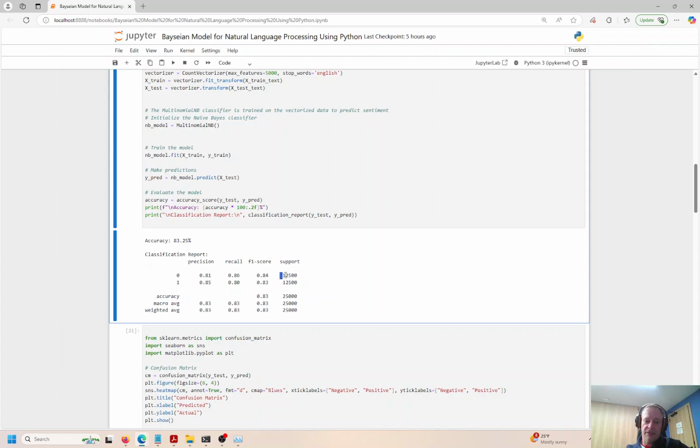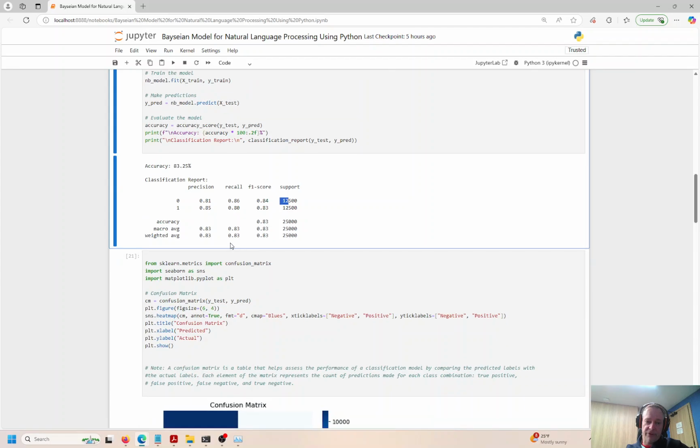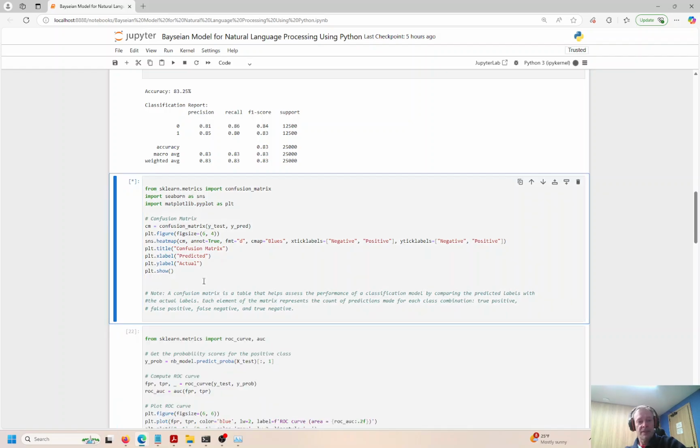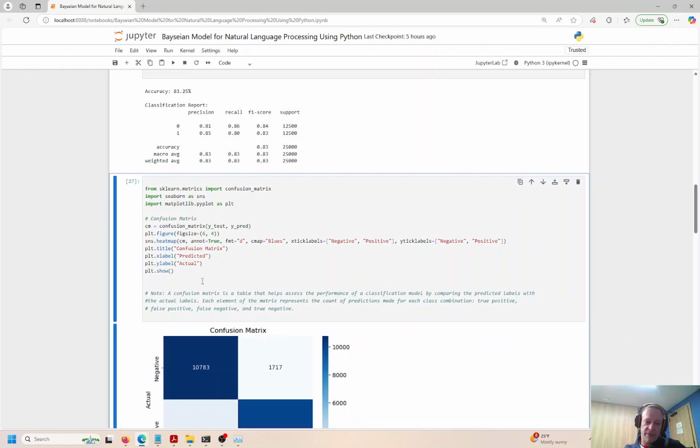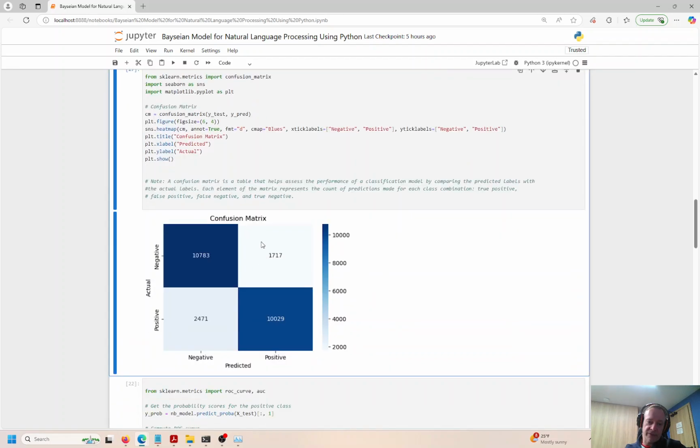So we have 12,500 different records that we're measuring, and we can see overall it's pretty accurate, right? So let's go ahead and do a confusion matrix here. The confusion matrix basically is a table that shows you the diagonals. The diagonal numbers